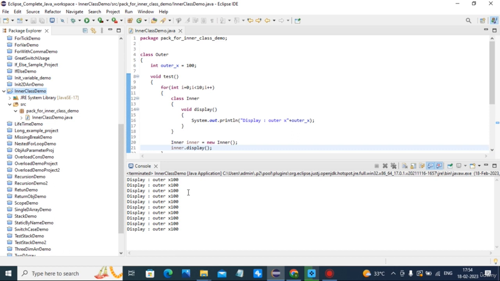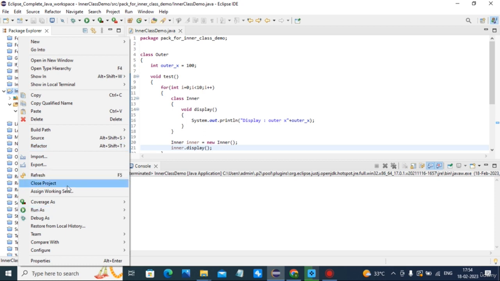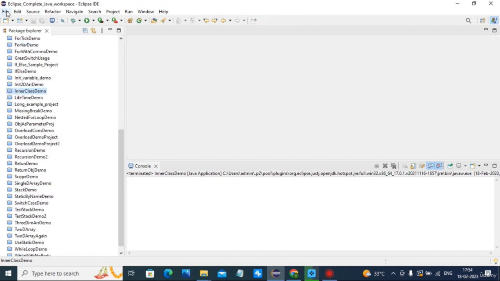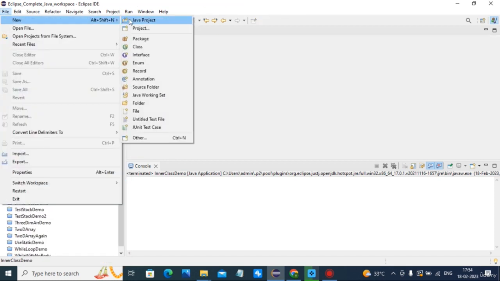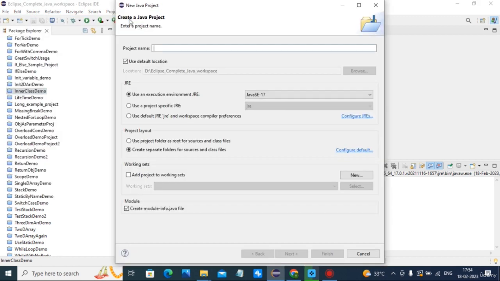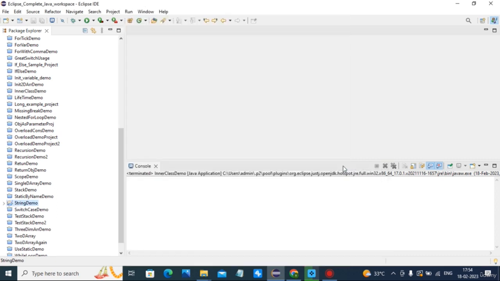Now we will be seeing the string class example. Very simple examples. New Java project string demo. Then package as usual.